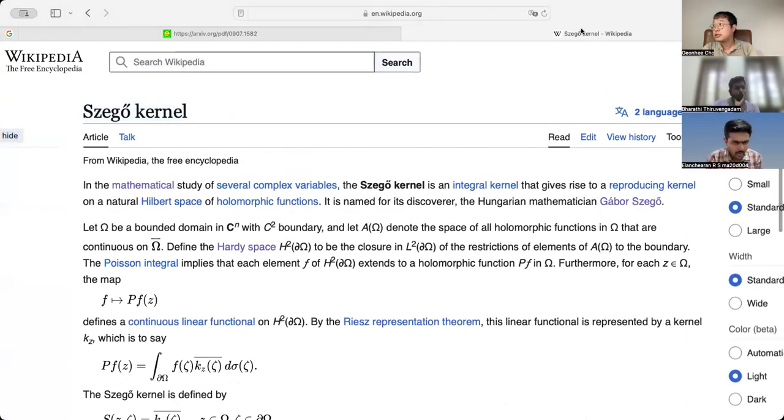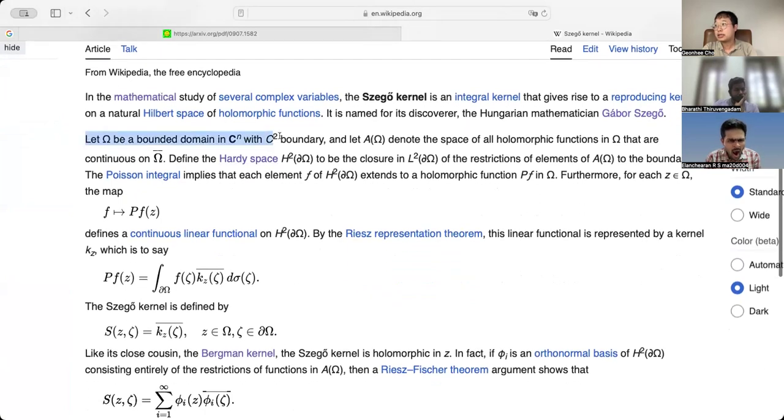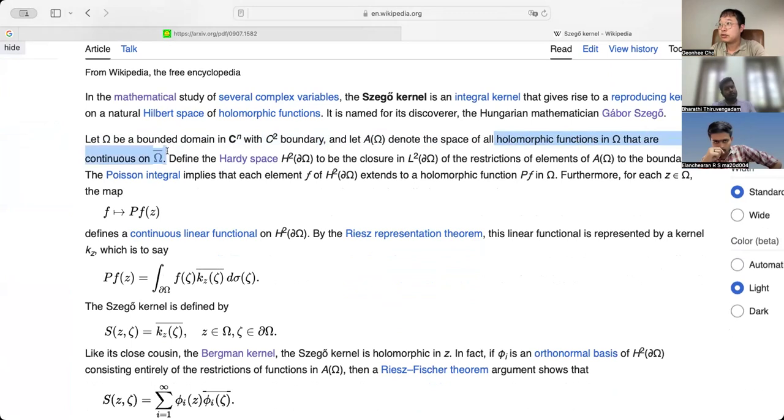So the only difference in the classical way is that we assume it has a certain regularity on the boundary. Sorry, I might need to assume certain regularity on the boundary. It's not completely like the general bounded domain. So we assume each holomorphic function should be extended to the boundary. This is not required for the Bergman kernel, as we already know.